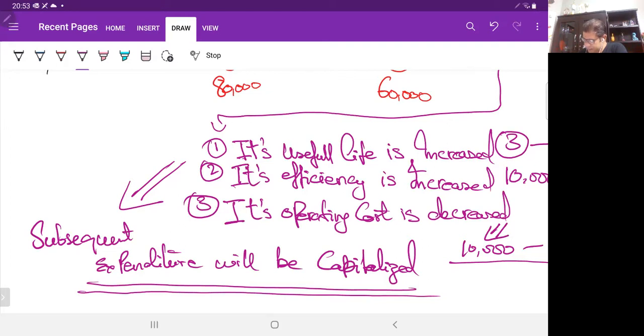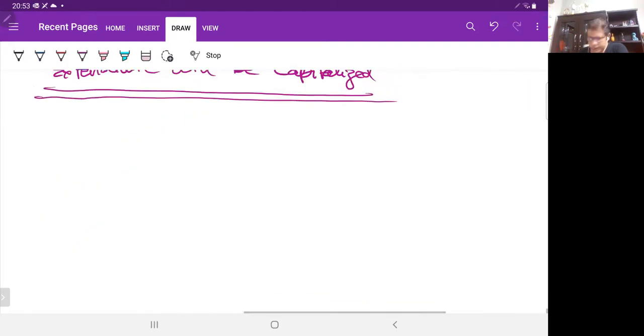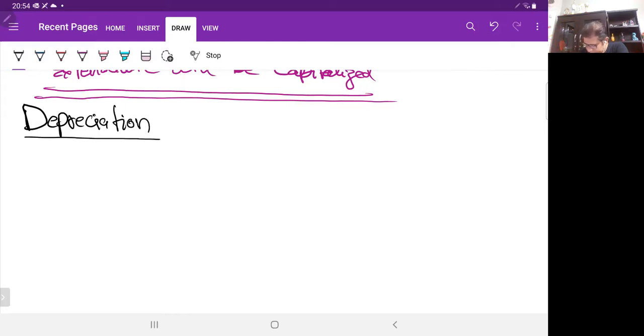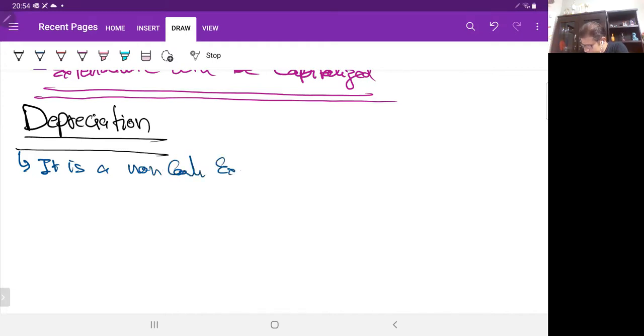Now, let us look at one of the important things, that is depreciation. Let us revise the depreciation. What is depreciation? Number one, it is a non-cash expense